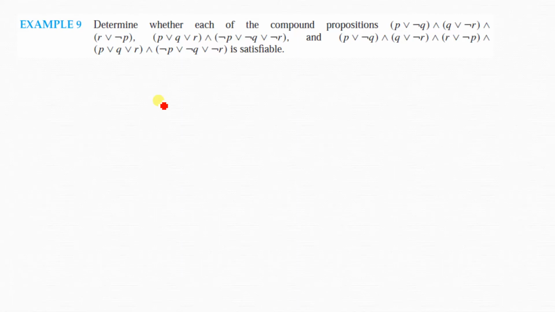We have three propositions in this example: compound proposition number 1, number 2, and number 3. We have to check whether each of these compound propositions is satisfiable or not.